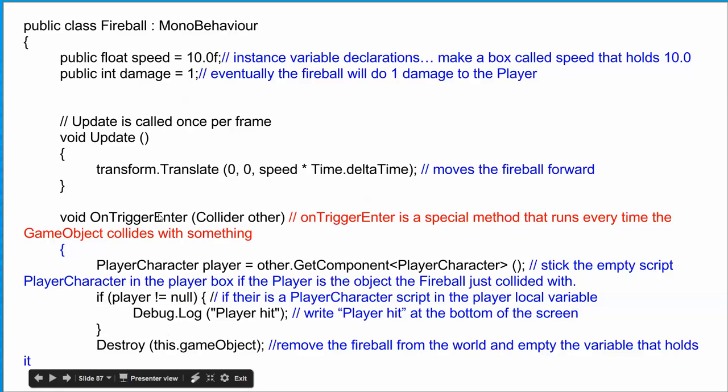Write this down. OnTrigger is a special method that is triggered, or runs, every time the game object collides with something. Stick the empty script PlayerCharacter in the player box if the player is the object that the fireball just collided with. If there is a PlayerCharacter script on the object, basically, so if you just hit the guy,